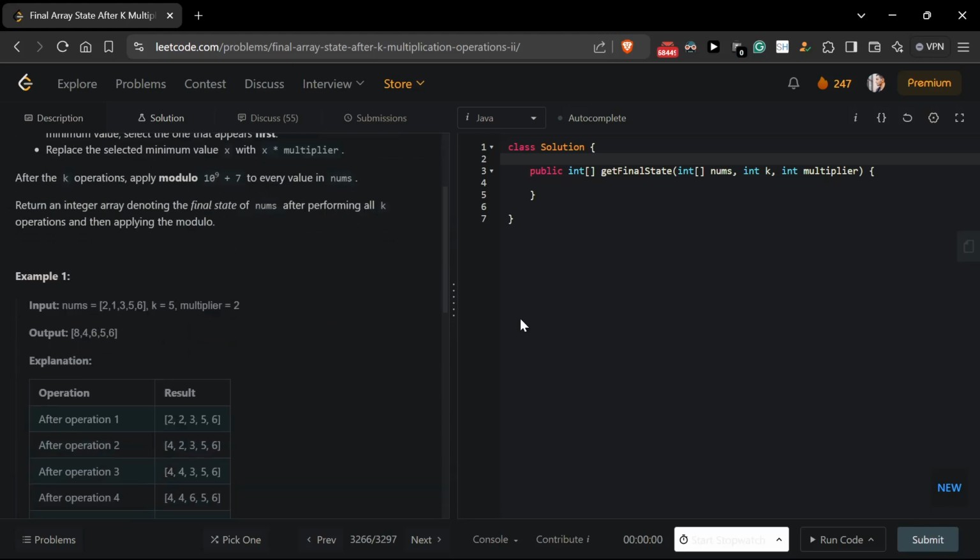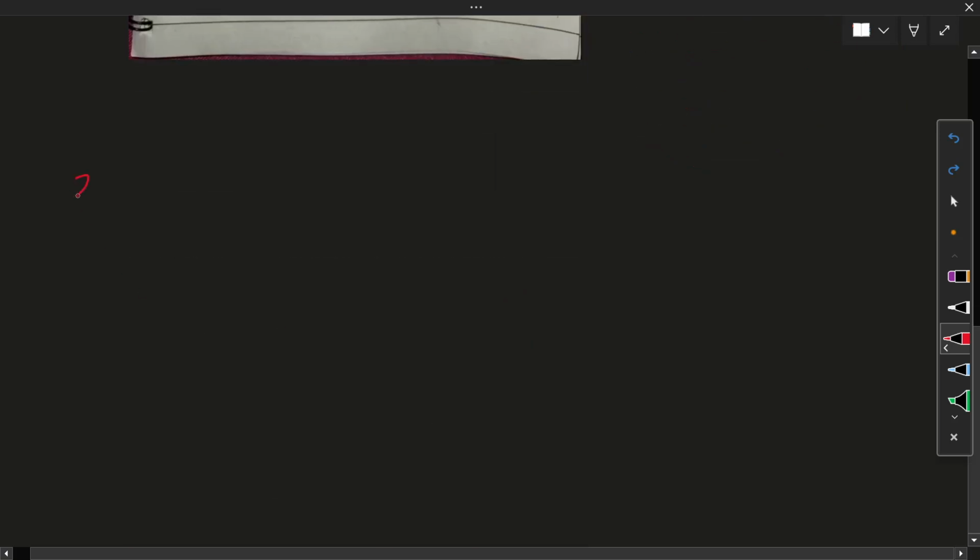So 2 1 3 5 6, 2 1 3, then 5, and then 6. So in my priority queue I have element 2 with its index 0, then a 1 element with index 1, 3 element with index 2, then 5 element with index 3, then 6 element with index 4. And here